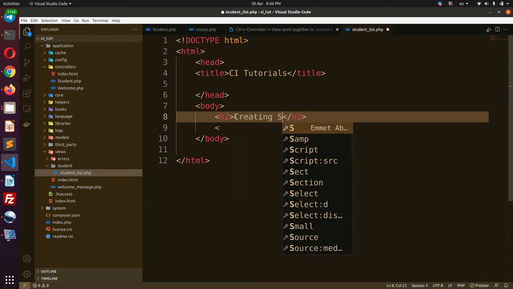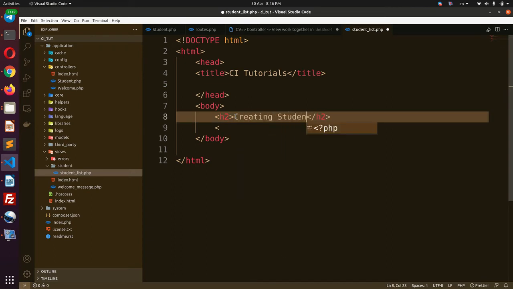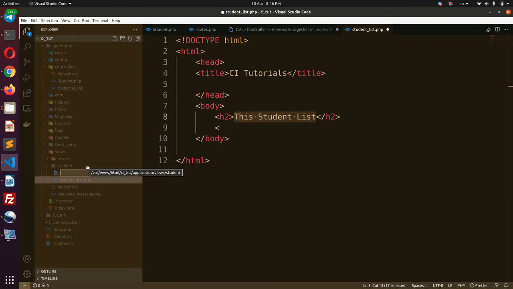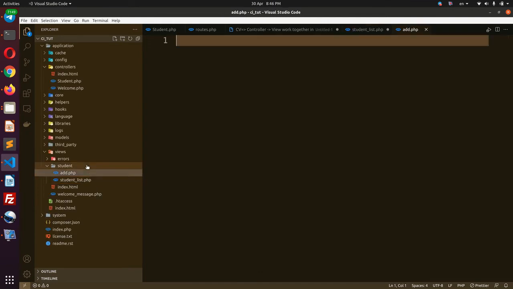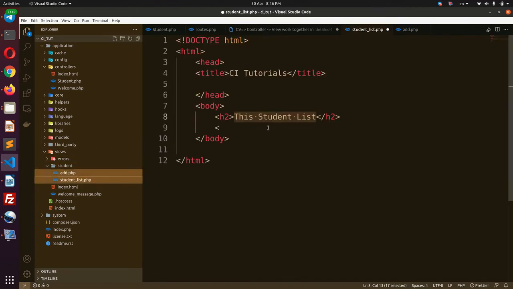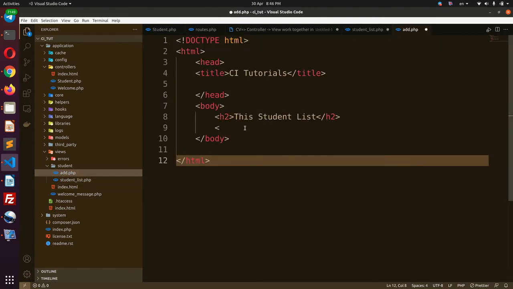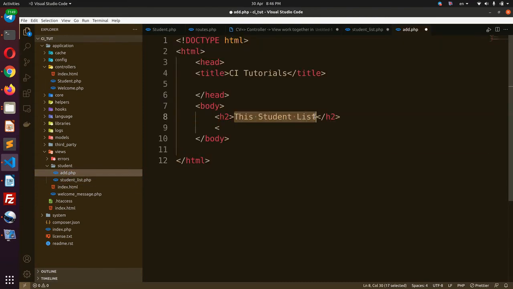Creating student list, then a whole new file, add.php, then copy all this and come back and paste on this, adding new student